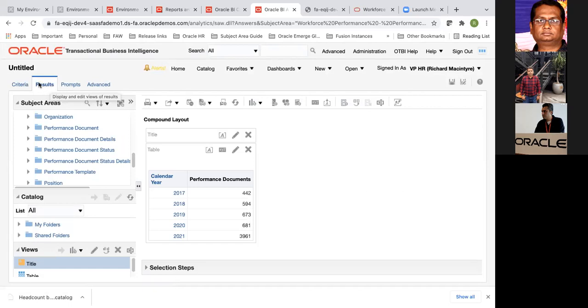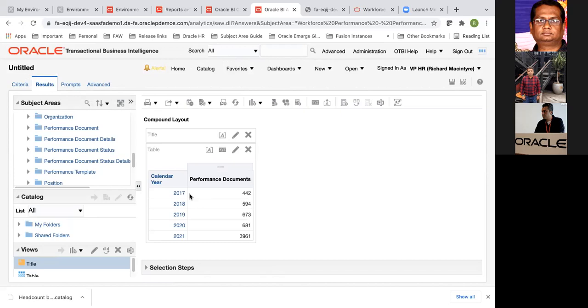So for example, as an HR, I would want to understand how many performance documents were created by all my workers in each of the years. Okay, so this gives me that breakup. And now I also would be interested to see what are the various statuses that the performance documents were in each of those years.